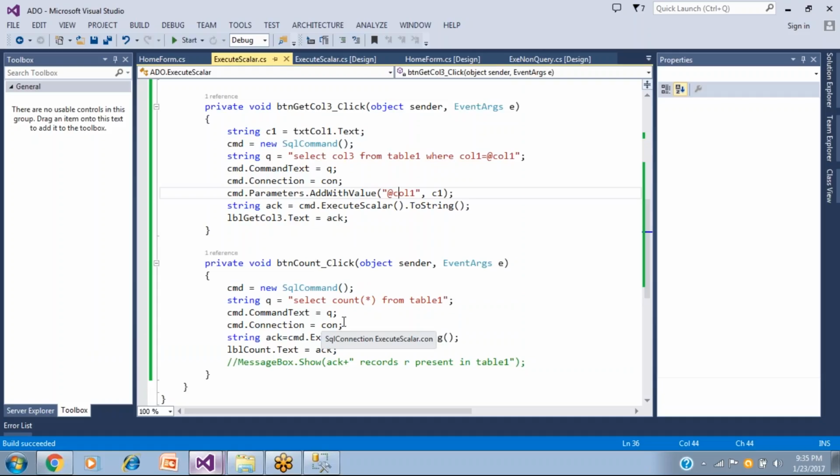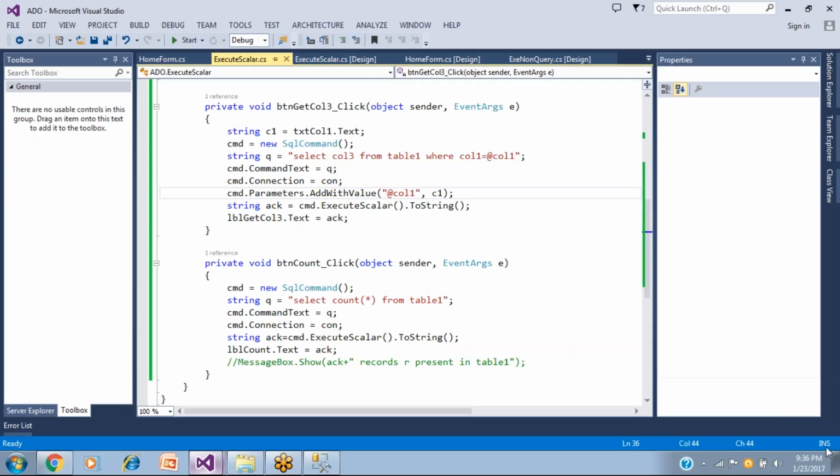So this topic gives clarity on what the scalar function means. Scalar always speaks about one simple thing: it can get one element of data from the database table. That is so simple. One element, either you can mention a column from the database table, or you can get a count, or whatever, but at most one element. We can't get more than one element.